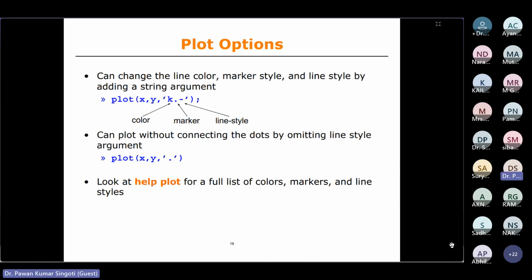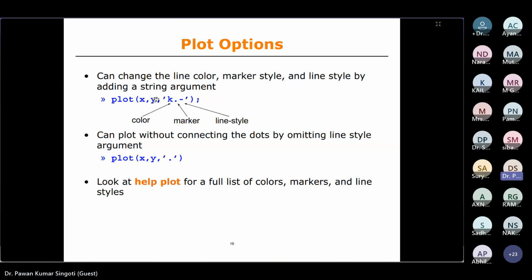Now, line plots. Now how can I beautify my plots? As I showed you in the previous one, the number of data points will increase the smoothness of the plots. Here you can see you can change the color with k. K is the color, so it will show you, suppose, black color. You can change M for magenta, B for blue, G for green. M will show you the marker type. It is showing the dot,